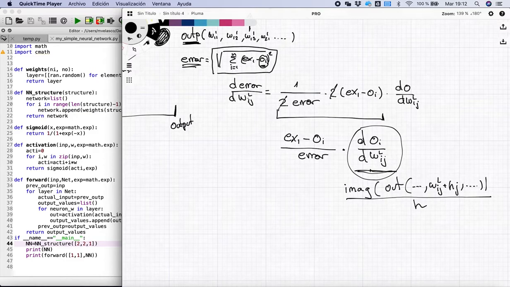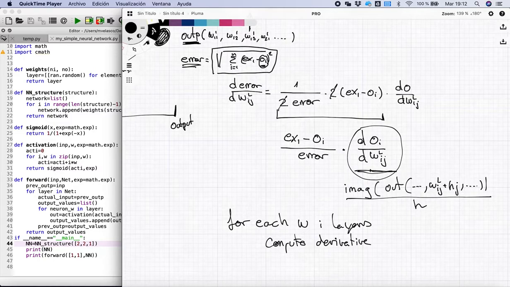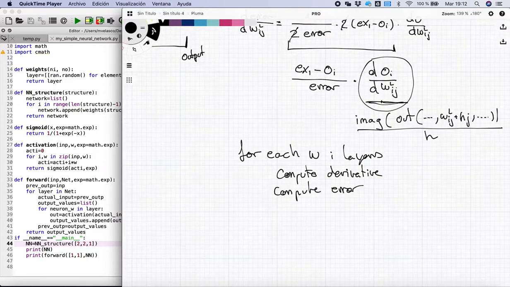So for each weight in layers, we are going to compute the derivative, we are going to compute the error, and we are going to update